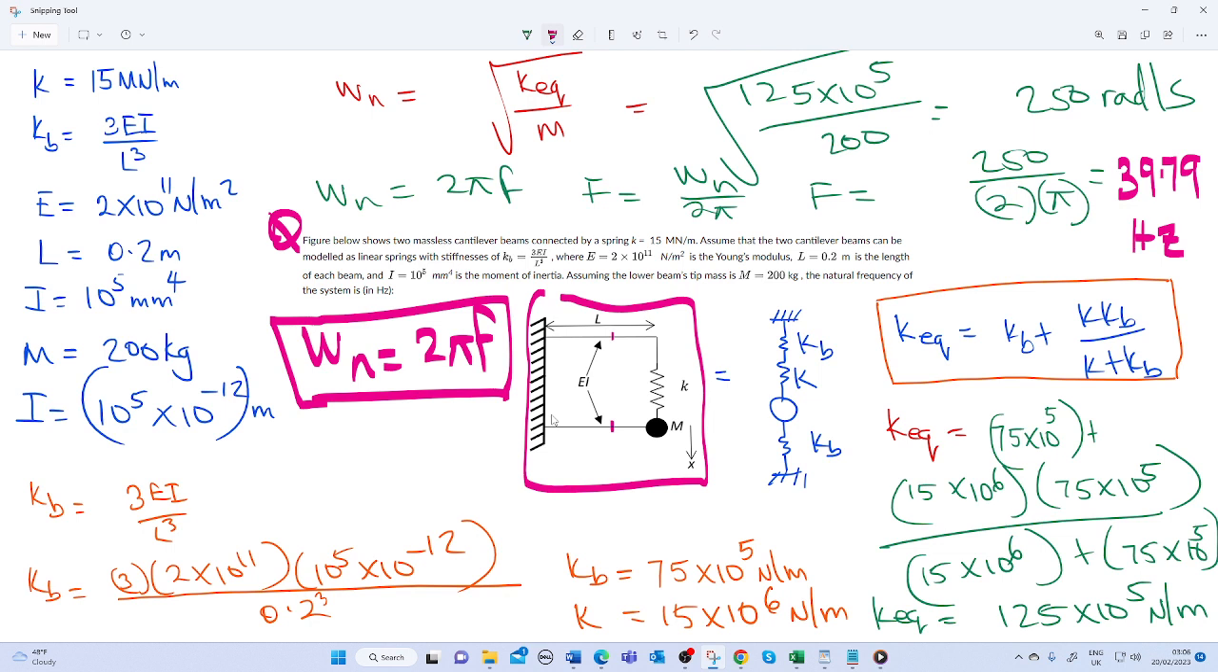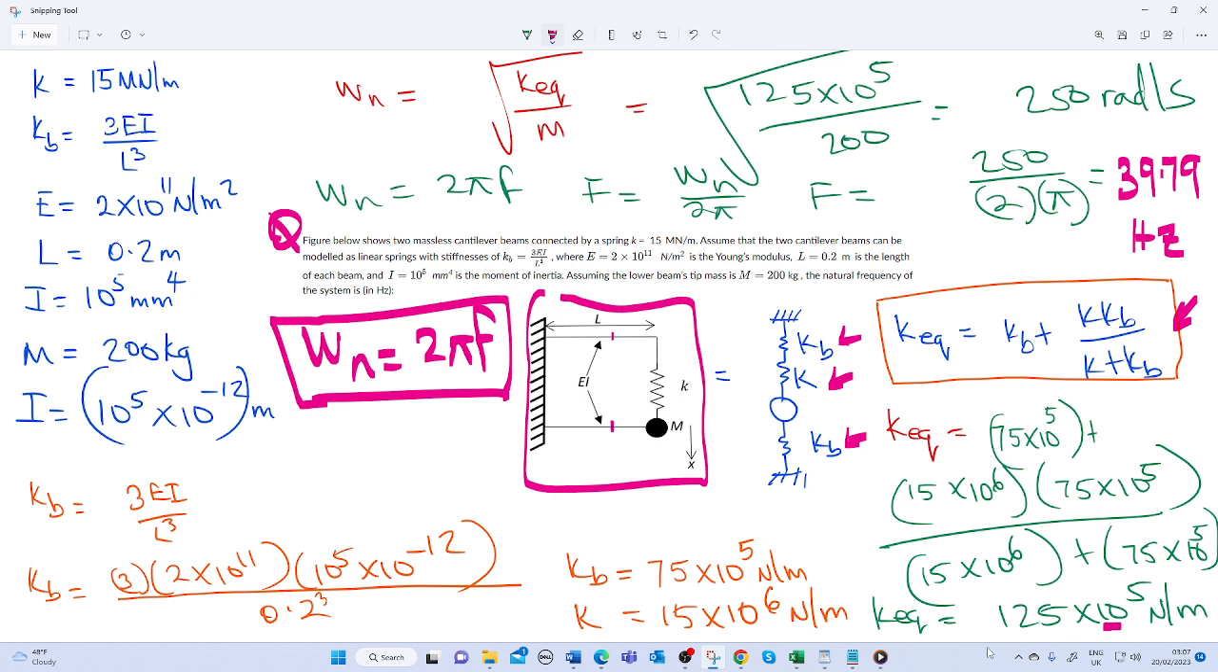By simplifying it, we have our KB here in series with the K. So the stiffness KB is in series with the K, and the two of them are in parallel with KB underneath. So to solve the equivalent using this particular equation, we deduce our K equivalent to be 125 times 10 raised to the power